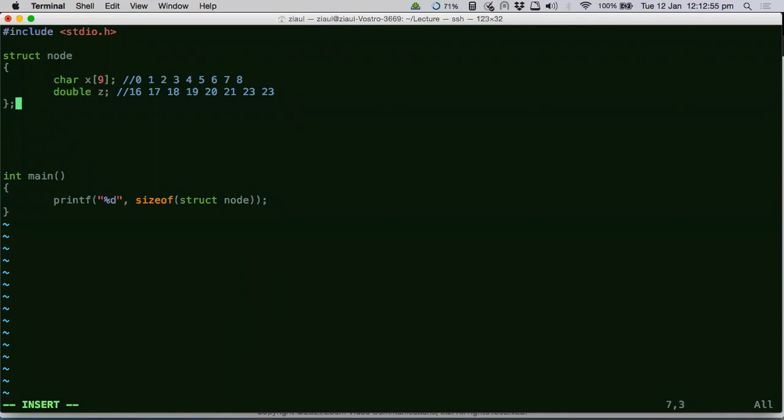If you have an array inside the struct, you don't look at the size of the array as the size of the data type. You have to look at the size of the data type, not the size of the member variable. The biggest data type here is double. That's why your struct size should be divisible by 8, and 24 is divisible by 8. So the final size of this struct is 24.